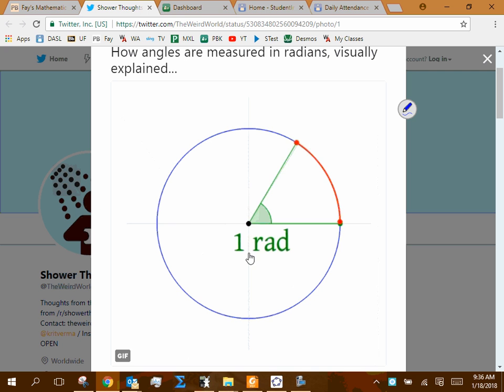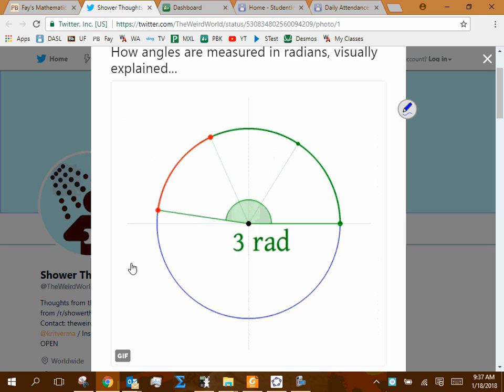So we take that radian, we cut and paste it, and that would be 2 radians, right? So that's about 114 degrees. Okay? And then we could probably fit 1 more radian in up there, right? In the top semicircle. That would be 3 radians. So that green angle,